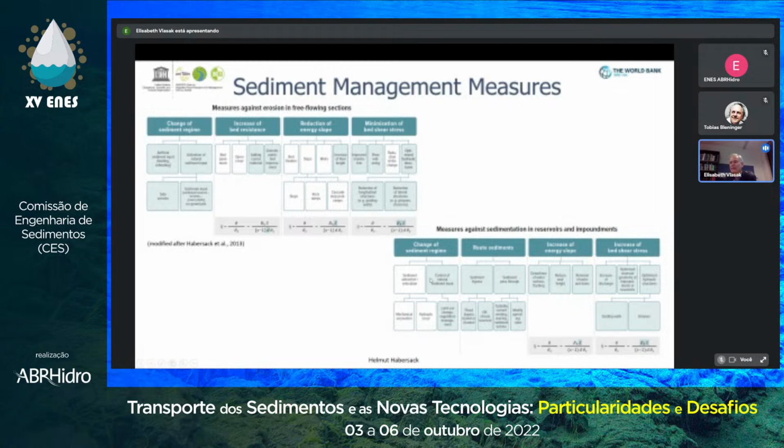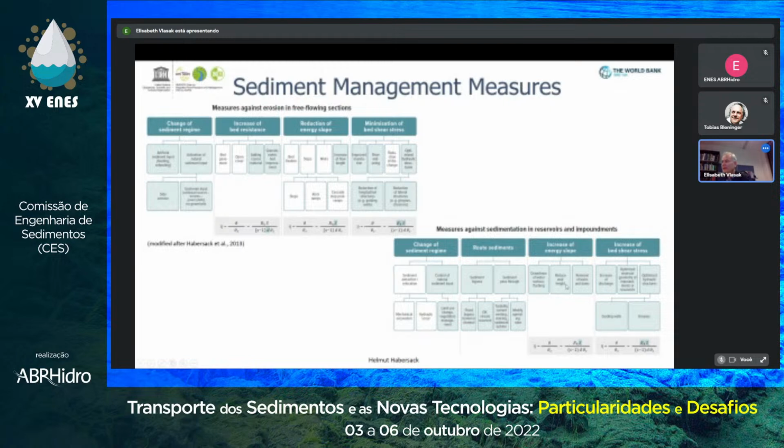Anyway, what can we do here? We have here in the sediment regime to discuss, to control the sediment input. In this case, to maybe reduce it by land use change, by vegetation management. But we can have also relocation of sediments by mechanical excavation, hydraulic scouring, or whatever. Then on the other side, we have the routing here, and I will come back in a different slide on these measures to get the sediment through.